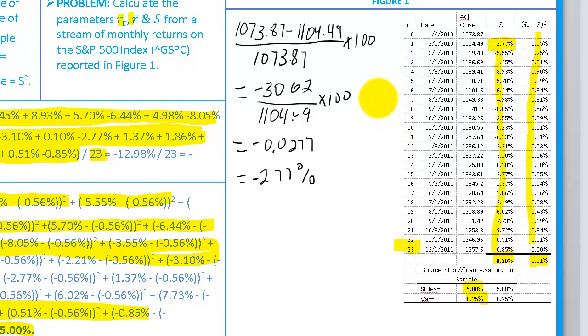I wanted to also tell you how I derived this negative 2.77. It's nothing more than taking 1073.87, subtracting it from 1104.49, and dividing it by 1073.87 multiplied times